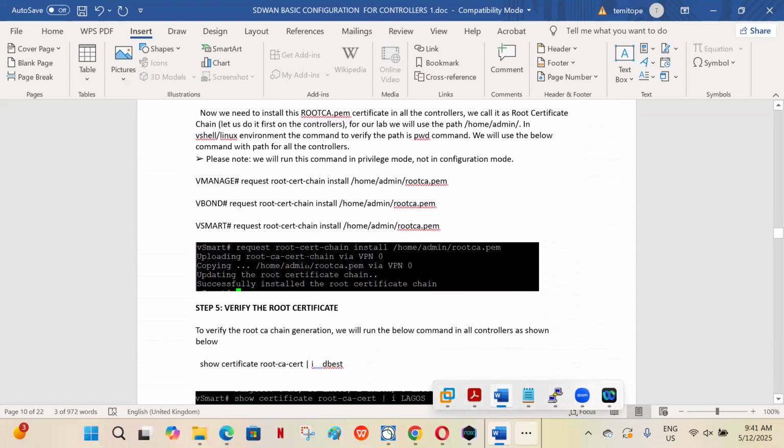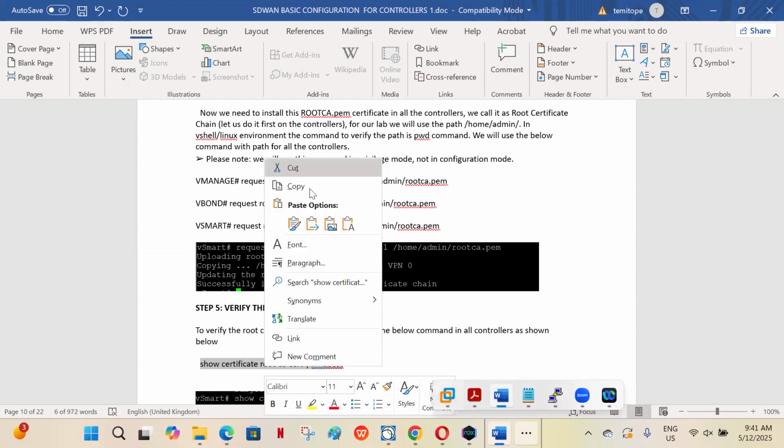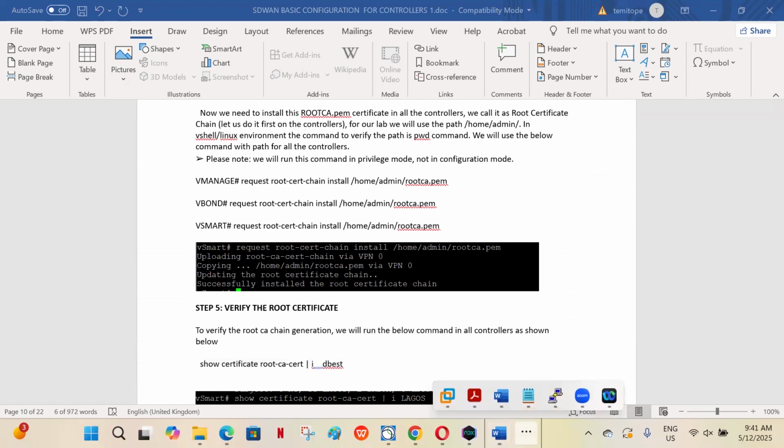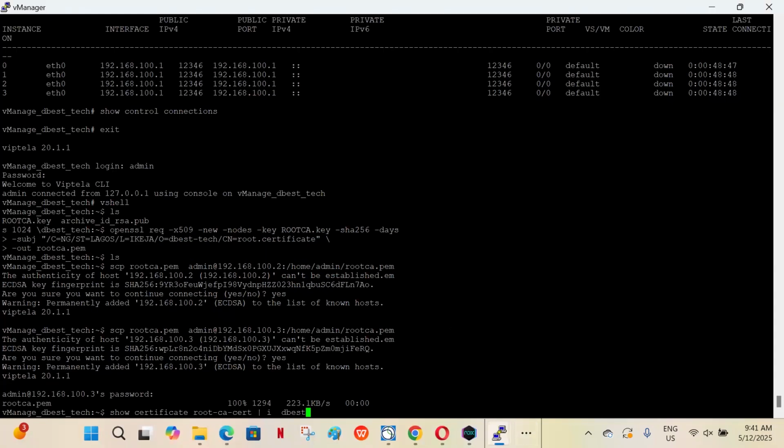Once you've transferred the certificates, then you have to install the certificates. So we are installing these root certificates here. Before we install, let's check something. I want you to check root certificates. You use show certificates root-ca-cert, then you type include, maybe any name that is present in that certificate name when you are creating it. So for the vmanage,